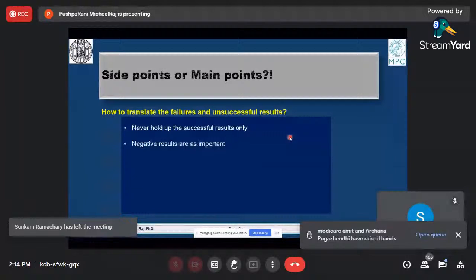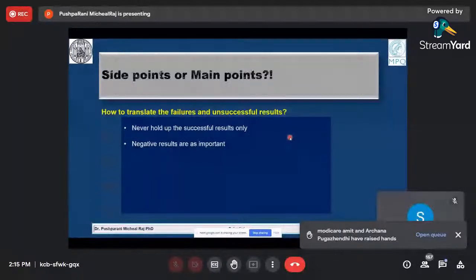Negative results are as important, because failure is a stepping stone to success, and most technological advancements have stemmed from initial failures. Even well executed experiments with a clear hypothesis can produce inconclusive or negative results. But the research community has become quite accustomed to celebrating only the positive findings. One author, I think Daniele Fanelli, carried out an analysis, and he found that there are more than 4,000 articles in various journals that give only negative results.